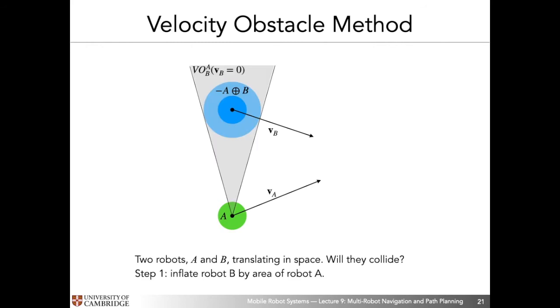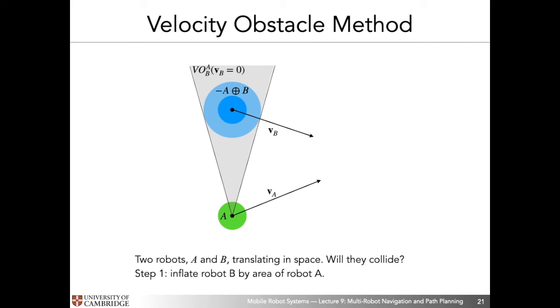So it consists of several steps, and we'll go through these steps individually. The first step consists of computing the Minkowski sum between 2 robots. We're representing the robot areas through this green dot and this blue dot. We have robot A and robot B. And the first thing we're going to do is compute the Minkowski sum of minus A plus B to find out whether or not robot A would collide into robot B, given that robot B would